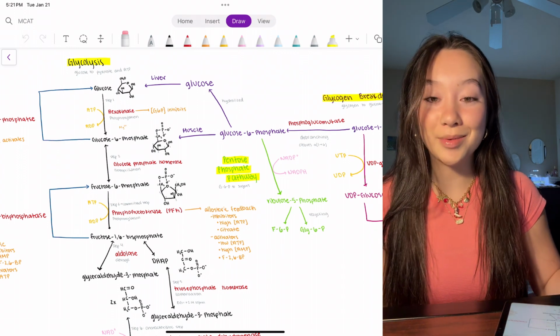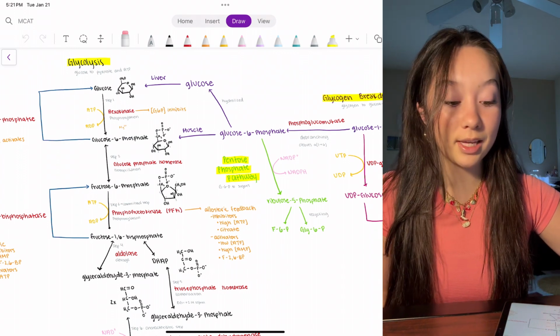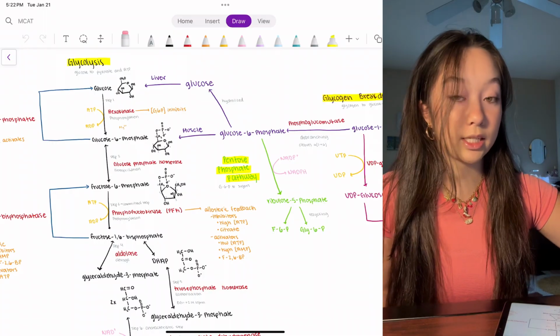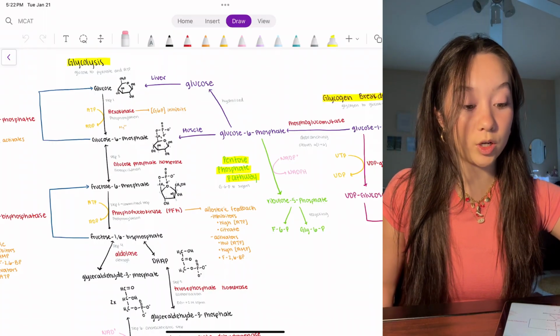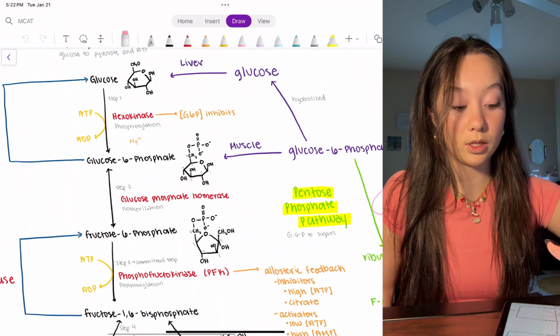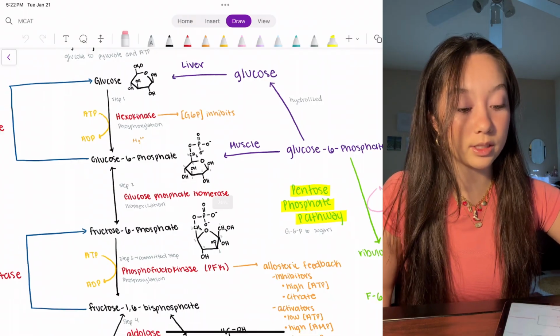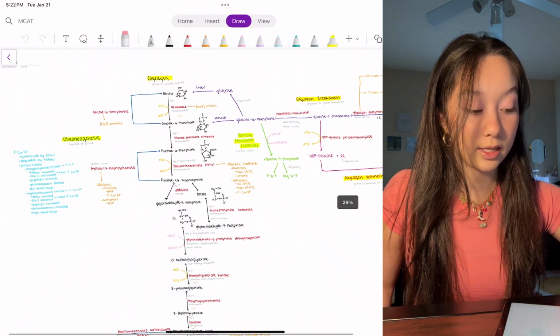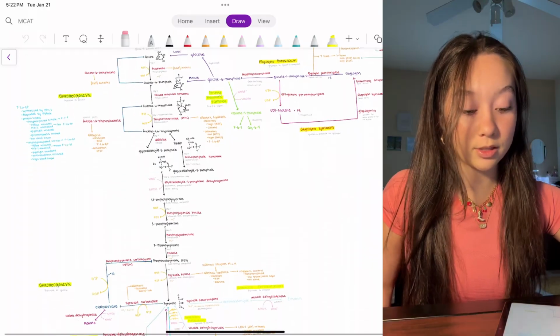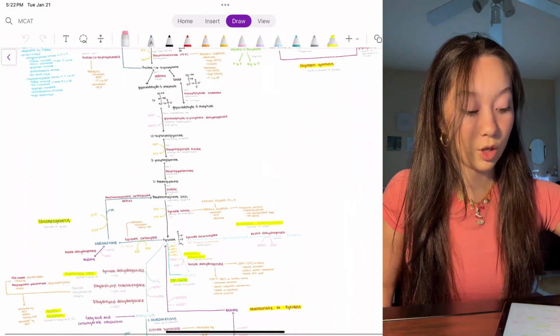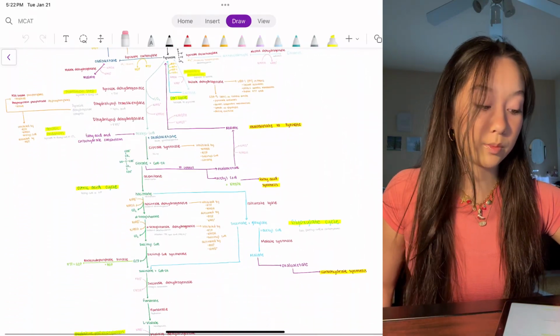In this video, I am going to go over glycolysis, and I know it looks crazy and hectic and there's a lot going on right now, but we're going to go step by step focusing on the main pathway of glycolysis. This flow chart here has everything from glycolysis, gluconeogenesis, all the way down to the Cori cycle, Krebs cycle,